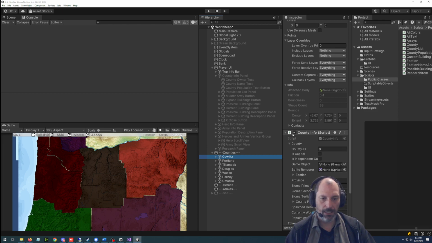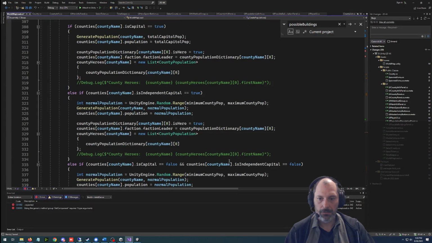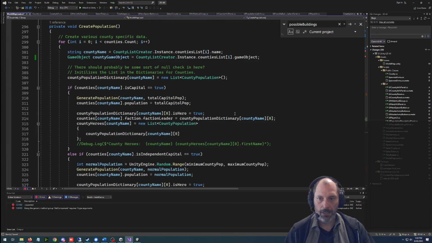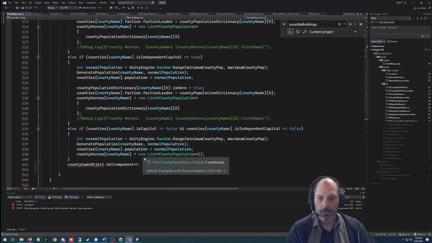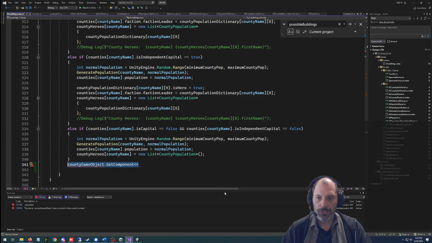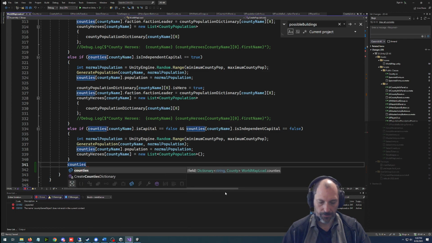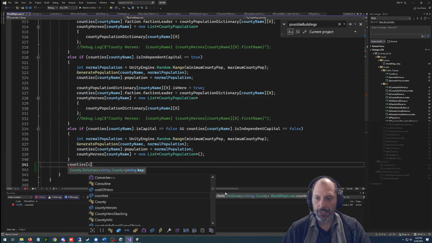Was I going to stick it to the county info or the county? We don't need this. We're sticking it in the county. We're in world map load already, so this is going to be counties, county name